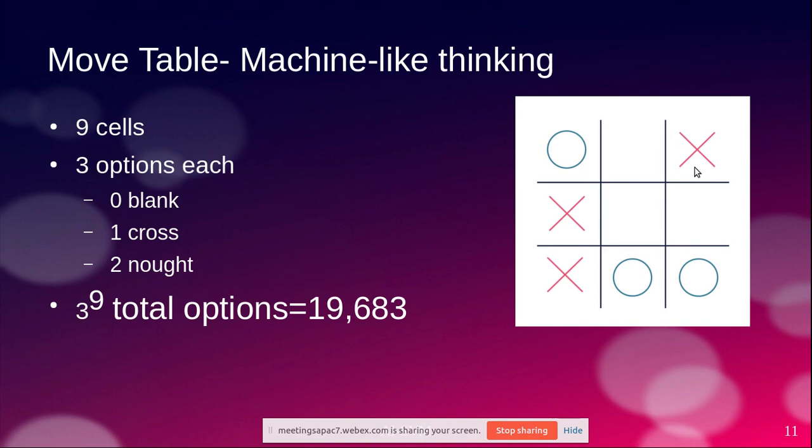How should I say this to a machine? So I don't have to tell what the situation is here. You can understand that there are three crosses, three knots, and their positions. Just looking at the structure, you will immediately understand. But if I want to tell it to a machine, I cannot tell it in that way. Then I have to tell it in some other way.